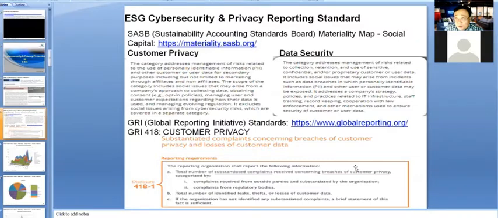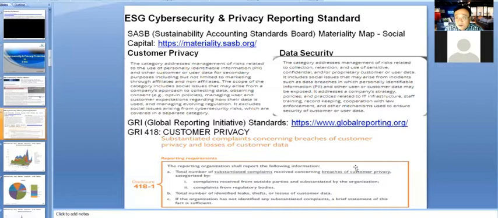This is called ESG reporting. There is still no global, unified standard about how you report and disclose your ESG matters. But here are some examples of well-developed guidelines and reporting standards by